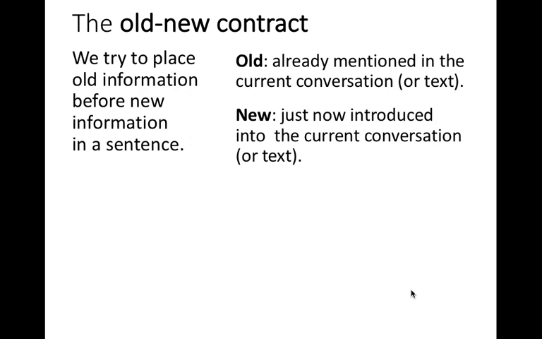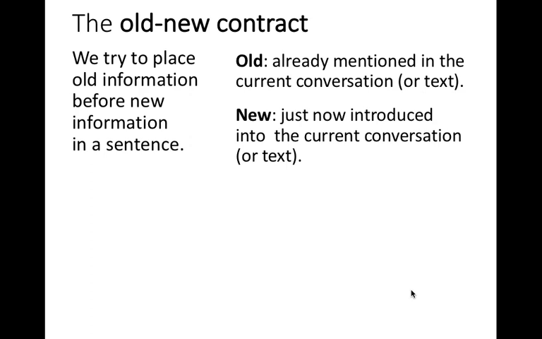We have seen an example of a text where using a passive structure helped put elements in a sentence in a helpful order. The passive was a way to get short, simple, old information first in the sentence. This is an example of the old-new contract, which means that we try to place old information before new information in a sentence. Keep in mind that old refers to something that has already been mentioned and we're mentioning it